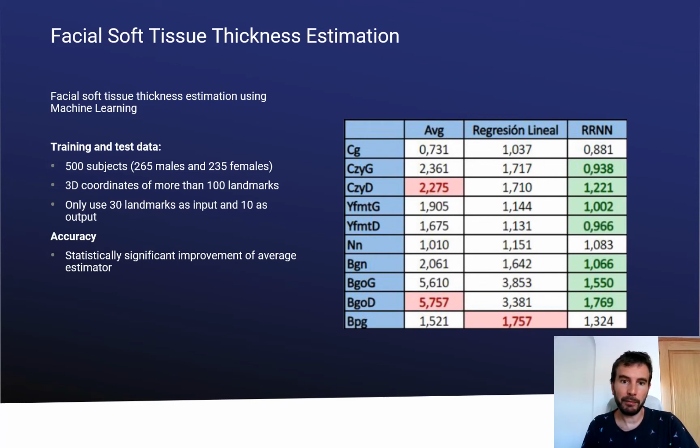We have initially performed one study using a reduced set of 30 input landmarks over a set of 500 subjects. These cases were provided by Pierre Guillemard, and the data consist only of cranial and facial 3D coordinates of the landmarks. We tried different classical machine learning approaches, significantly improving the average estimators as depicted in the table on the